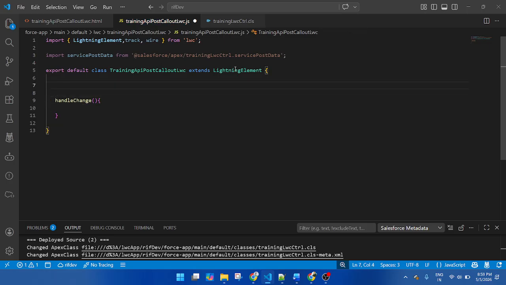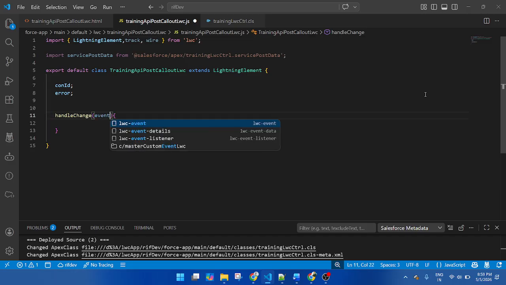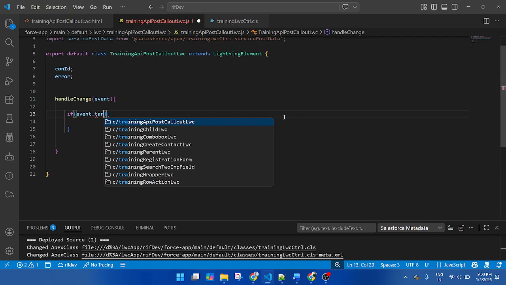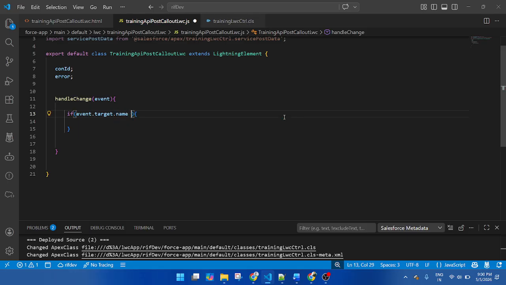First create a variable, let's suppose contactId, and an error variable where I will store the error. Similarly, as you know, I will check the condition if event.target.name equals contactId.